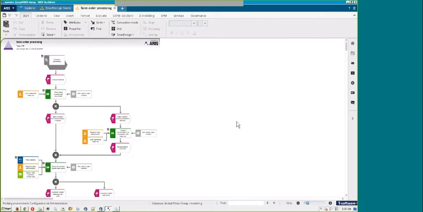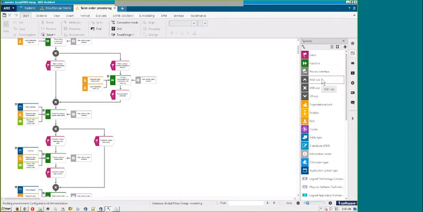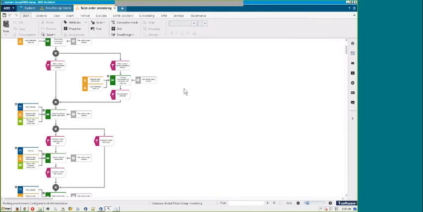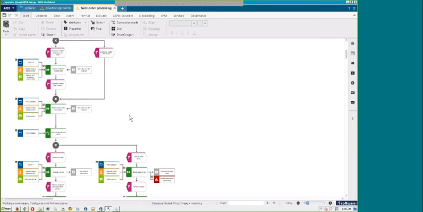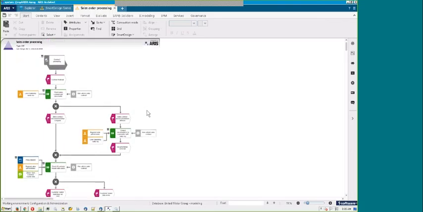This is a model that we use for sales order processing. Now, there's a lot of steps to this, and normally we'd be taking a symbol palette and pulling symbols onto the page and connecting them up. And while it's very powerful and gives you a lot of capability, it also can be more time-consuming, particularly if you're not a business process mapping expert. Conversely, Smart Design helps you get to this point with a lot fewer steps and a lot more easily and